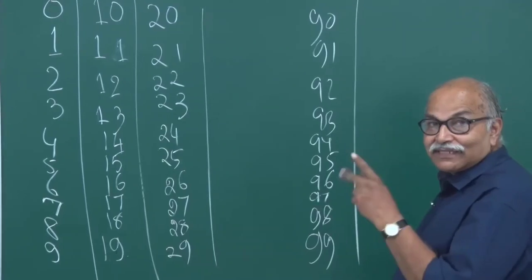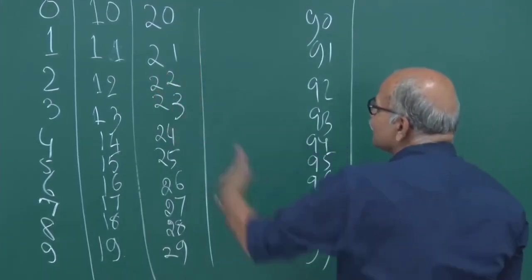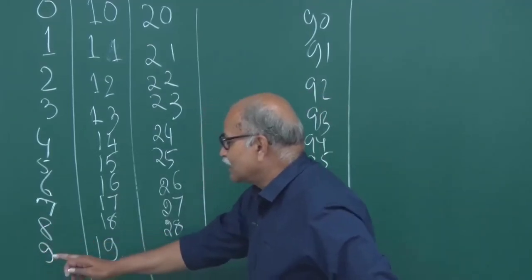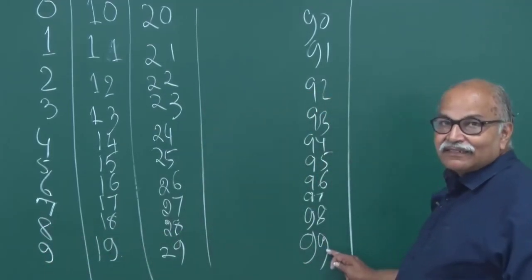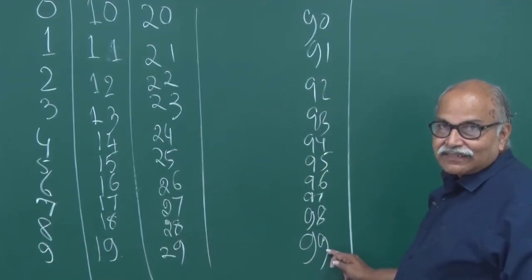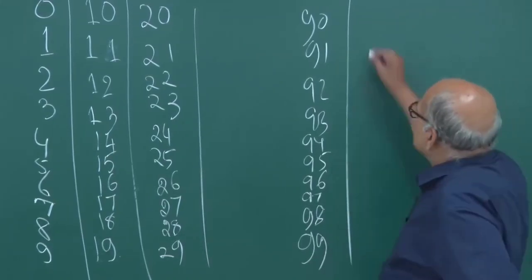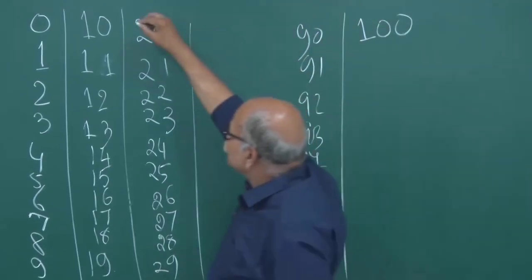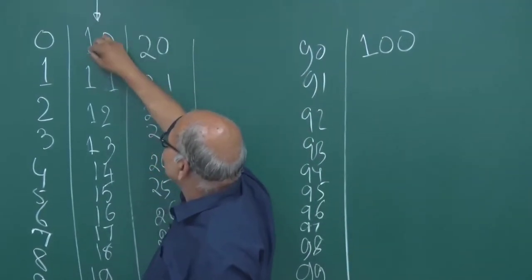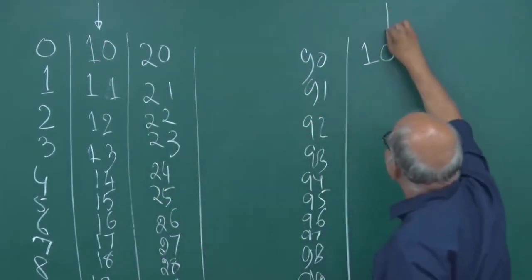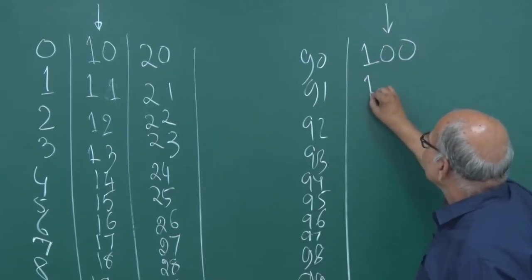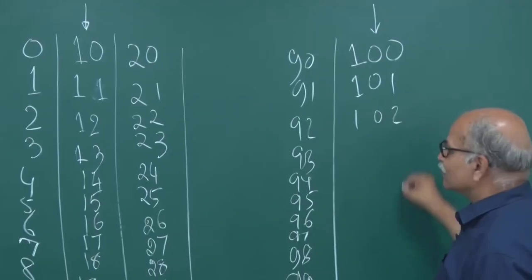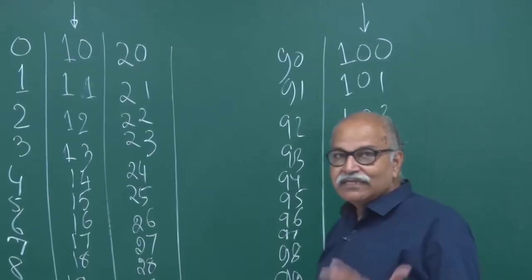So with 2 digits you can only make these numbers, and if you have gotten that maximum, 9 and 9, now you need 3 digits. And how do you start? You put 1 0 0. Once the digits change, 2 digit you start with 10, 3 digit you start with 100, and then you change this number here, 101, 102 and so on. So this is how the counting goes.